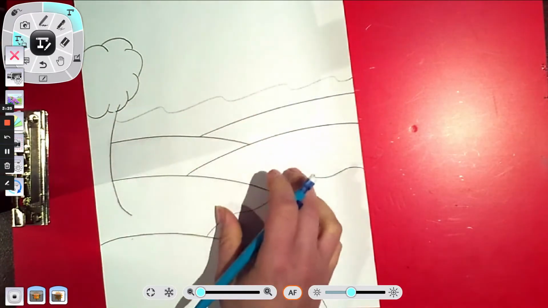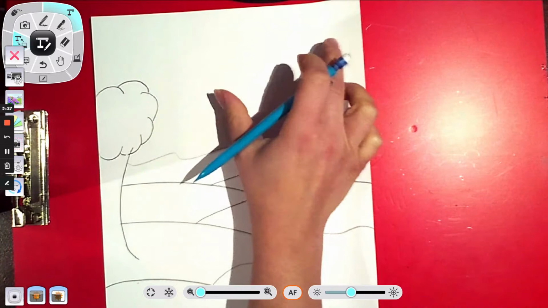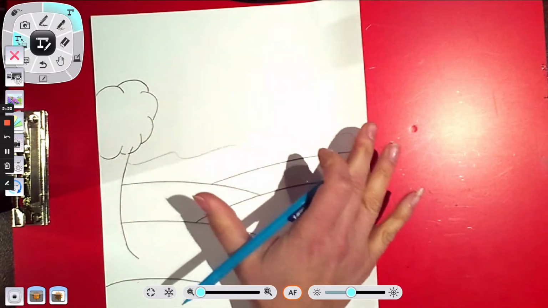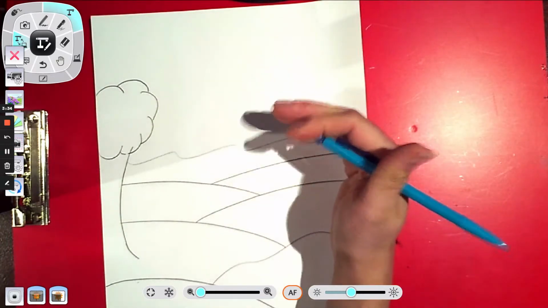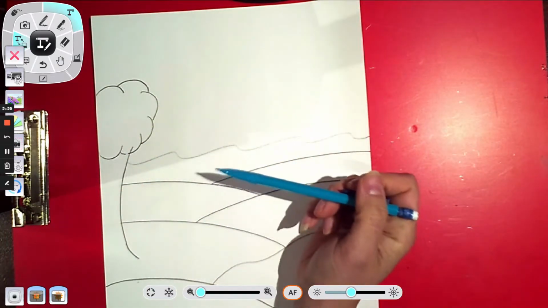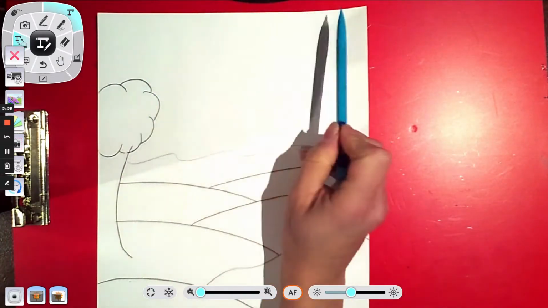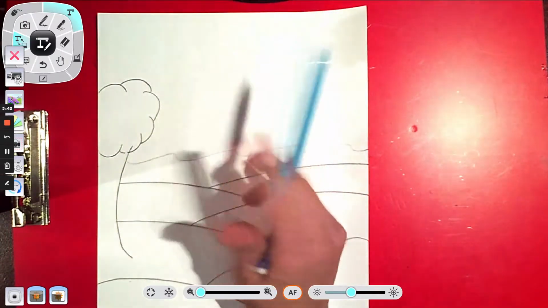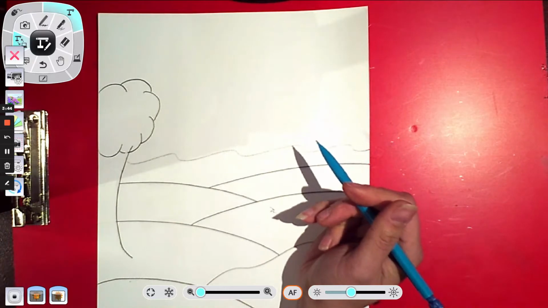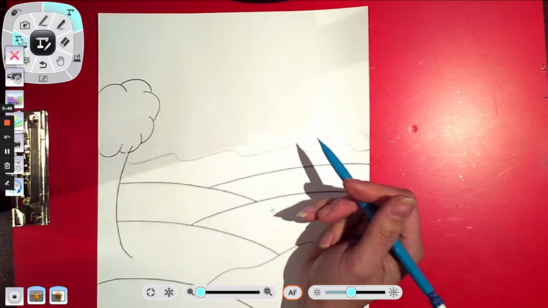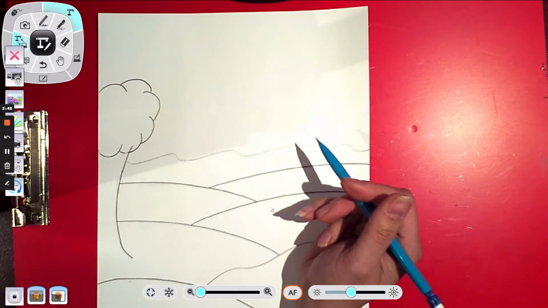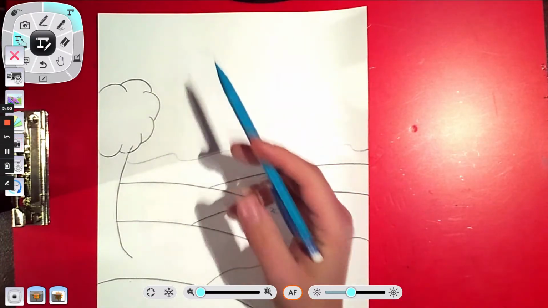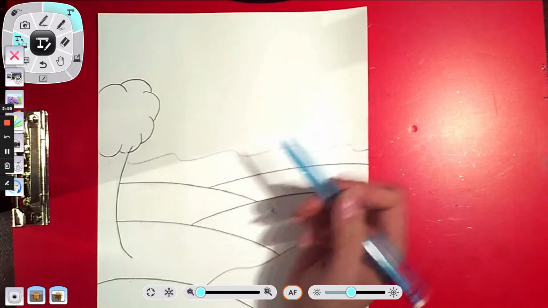Next up is the sun. The sun is clearly going to go into the background. So the sun should not take up my entire background as it is far away. I do want to make sure that the sun does not end up in the corners of my paper. The sun should be somewhere in the center of our paper. Now, I want you to imagine when you look outside and look at the sun, we never just see a tiny corner of a sun. So while this is a nice, easy way to add a sun into a picture,